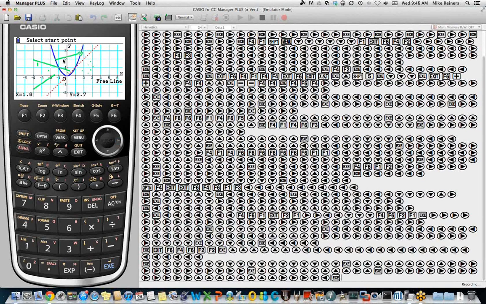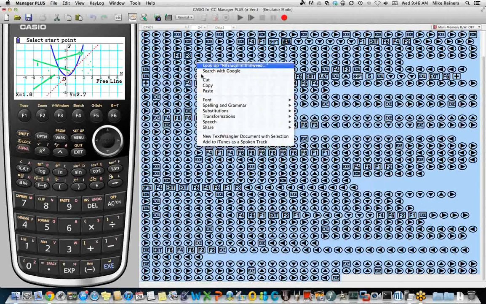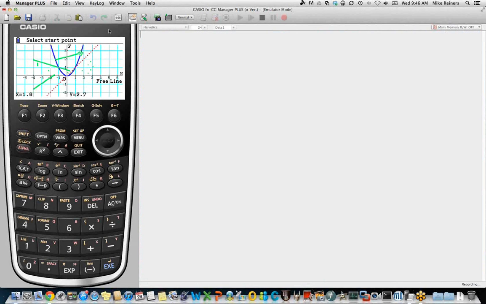What's the length of that chord? How could we determine the length of that chord? What if we don't know the 2 points? What are some properties about chords inside parabolas and their length? And I'm just going to select all of this text here and cut it so that we have a fresh space to record keystrokes.